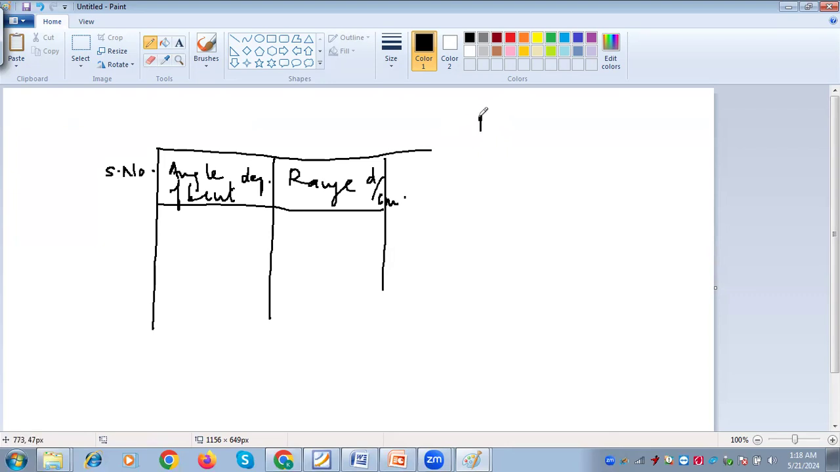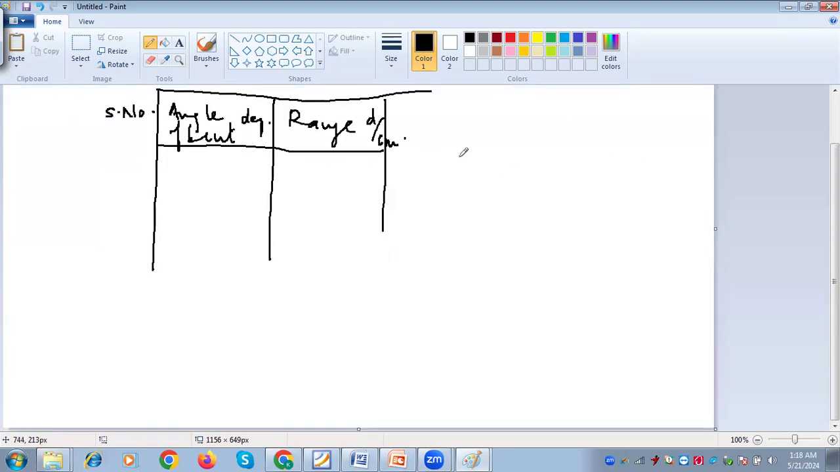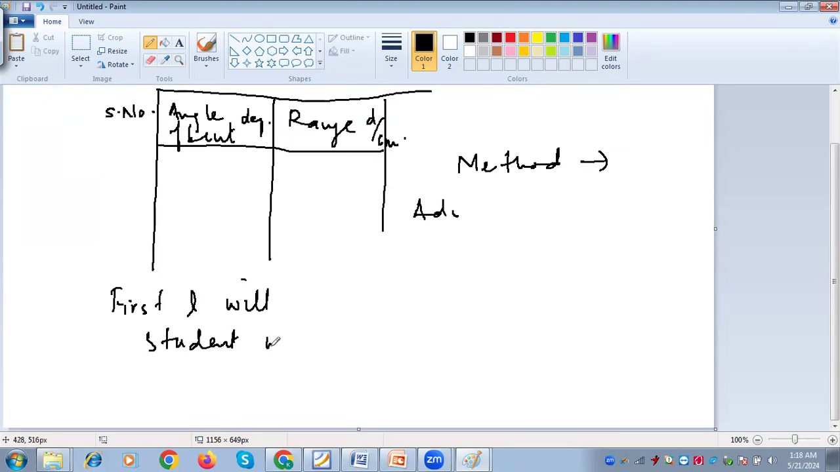Okay, what should be the language of your method in both the experiments? What will you do for method? Adjust the apparatus. You have to write as if you are ordering someone or you are ordering yourself. The language, first I will, student will, or first it should be